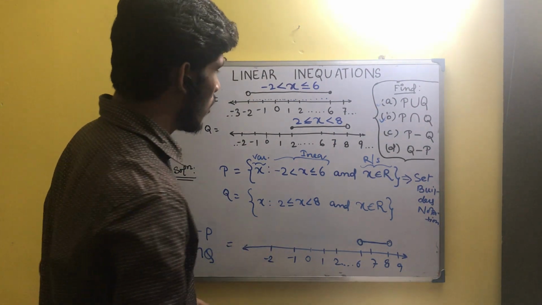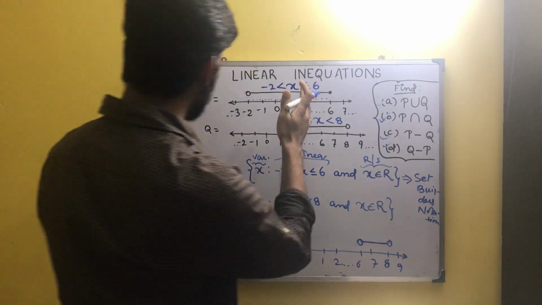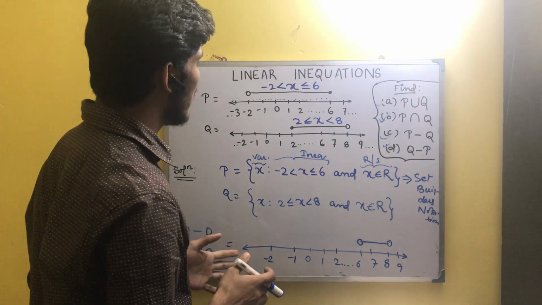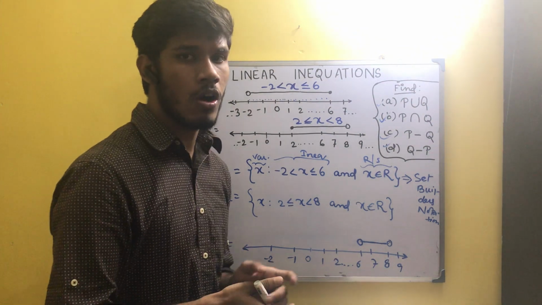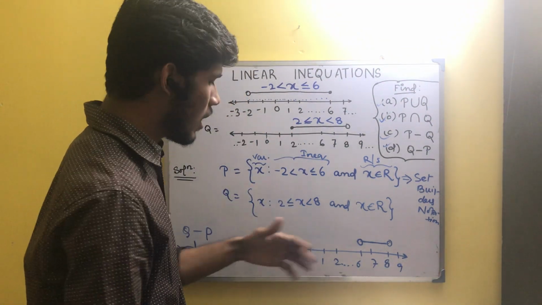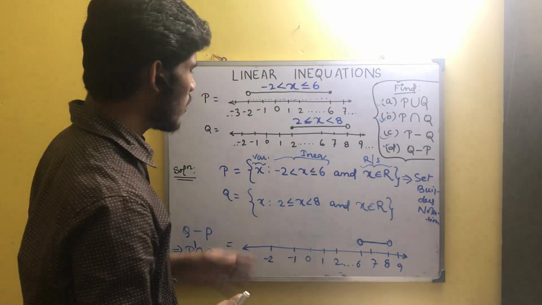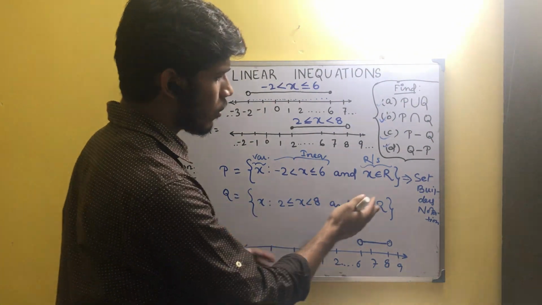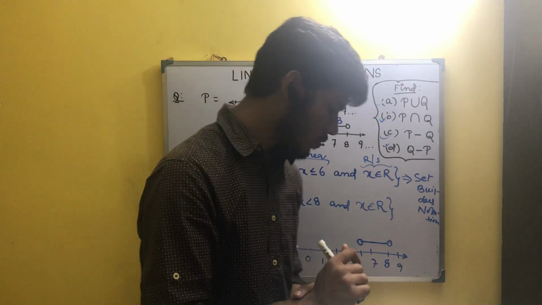Okay, so this is how we solve these kinds of questions. That is, if the question itself is given in a represented form over the number line, then this is how we find other number lines or solution sets of these intersections and unions. And here we also learned about the set builder notation. This is also about the set builder form. Okay, so that's all for this video.